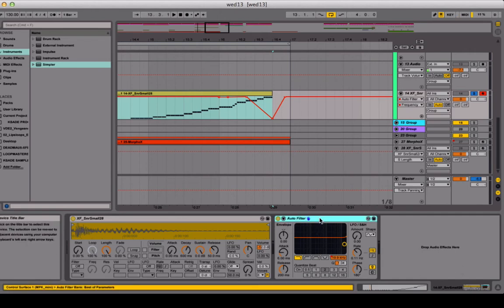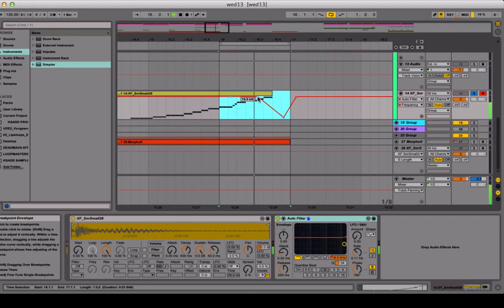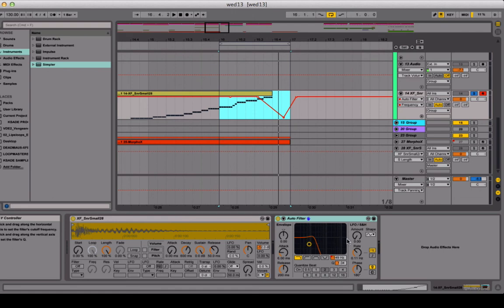That's a no-brainer. And what I also like to do in addition to that is filter the end of it to kind of fade away. I can make it a little bit shorter. So you can see the filter is now going to come in and start low passing everything. And to do that, I just clicked on the automation here. I just drew that in, and that's that. So without it,